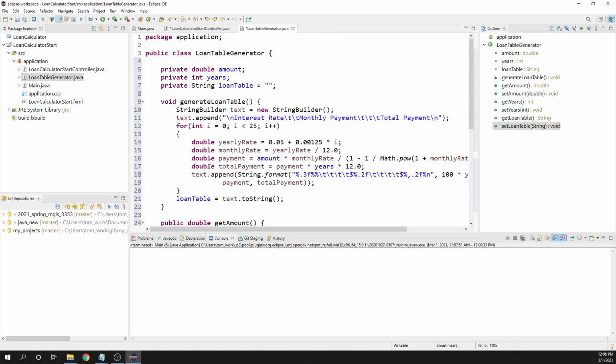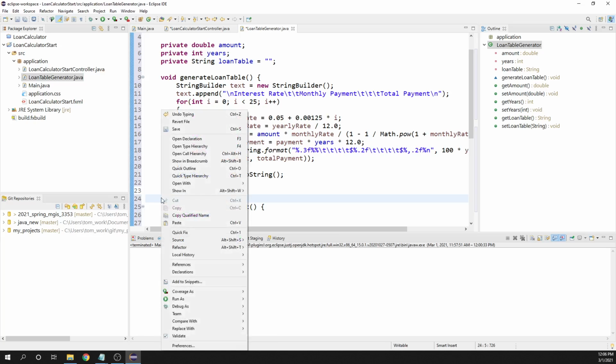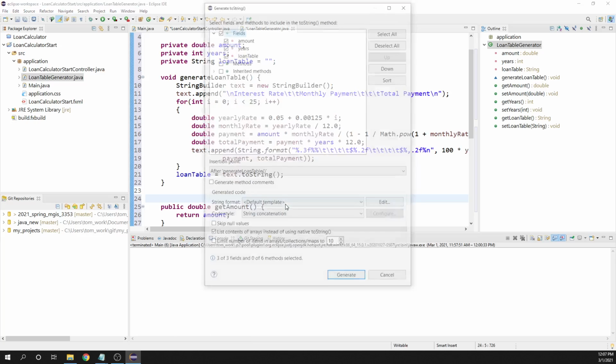All right, then another thing that we might want to do is add a toString so that when you print this object out, in the toString we can set what the object looks like when it's printed out, or what gets printed out when the object gets printed. So I'm going to add a toString in here as well. Generate toString,